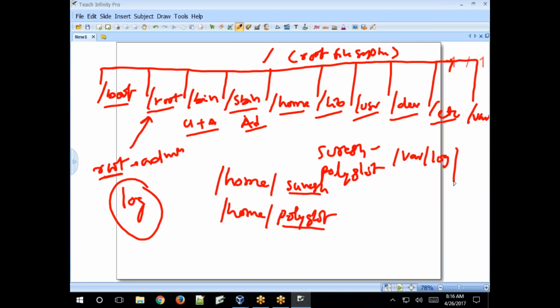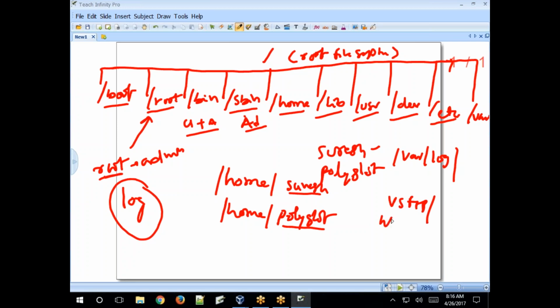One directory will be created with the same name as the service. For example, for FTP the directory will be created like this: vsftpd. Inside /var/log/vsftpd, access logs and error logs will be created as files.